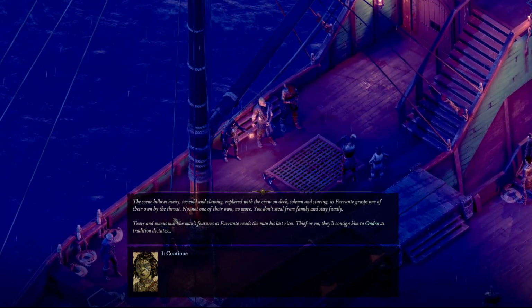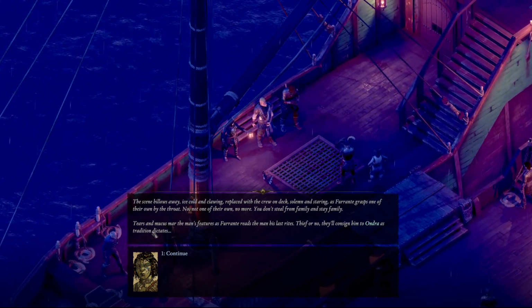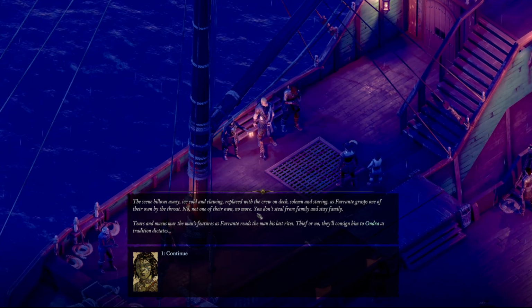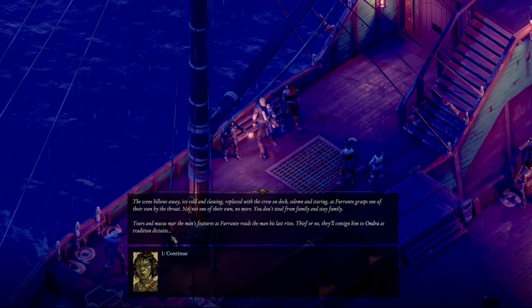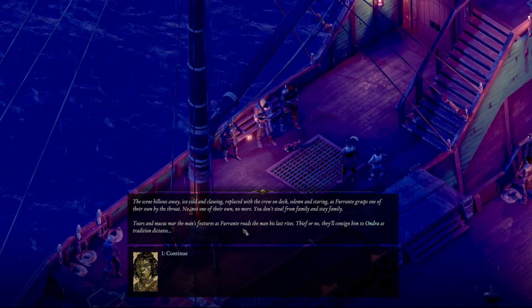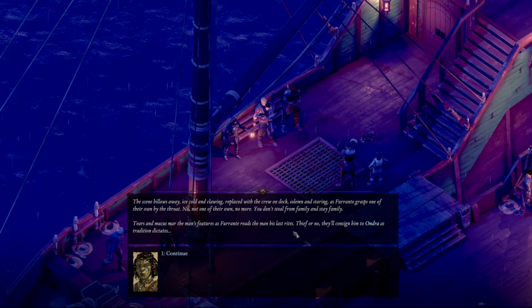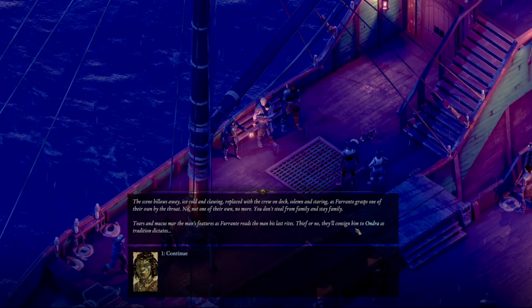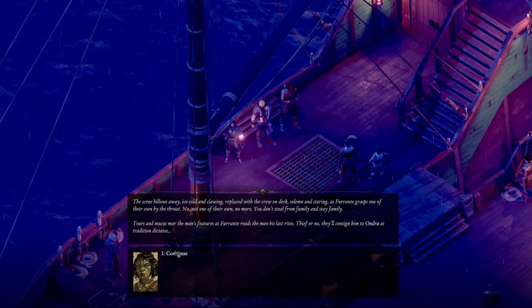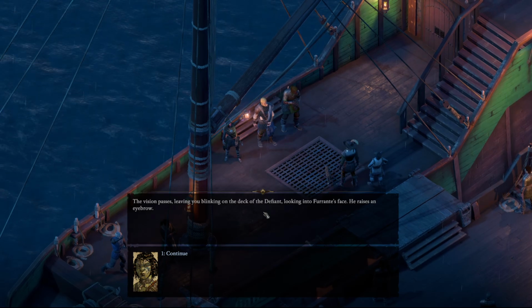Fronte grasps one of their own by their throat. No, not one of their own, no more. You don't steal from the family and stay family. Tears and mucus mar the man's features. Fronte reads the man his last rites. Thief or no, they consign him to Andra, as the tradition dictates. The vision passes you, leaving you blinking on the deck of the Defiant, looking at Fronte's